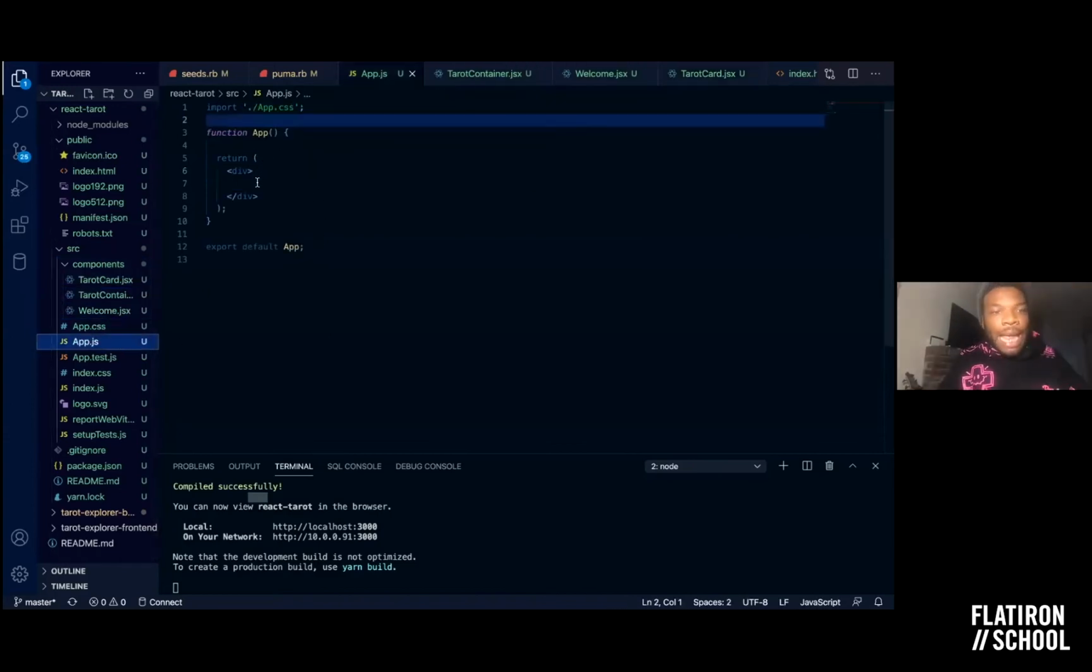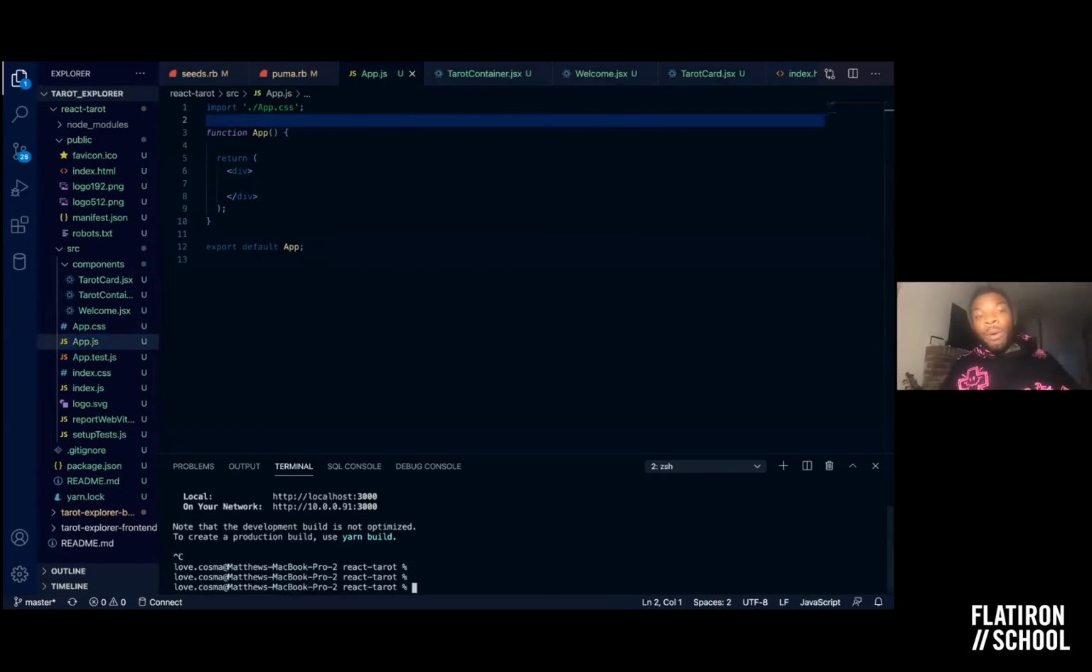Now if we go to app.js, this is where the magic, so to say, is happening with routing. So what do we need in order to build a router? We have to add a few things. Now, remember when I said when you use import statements, you're importing the tools that you need in order to